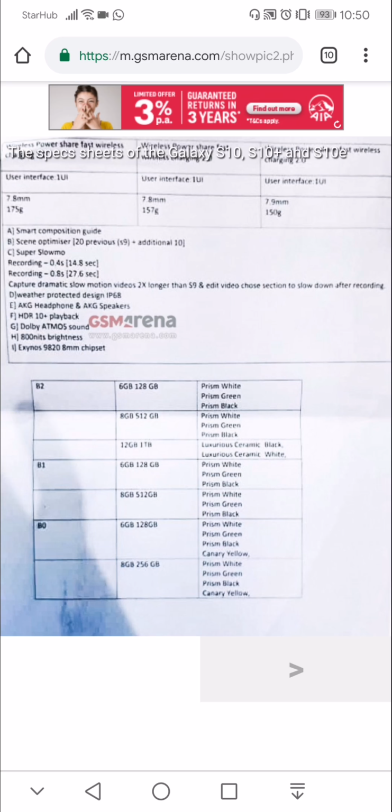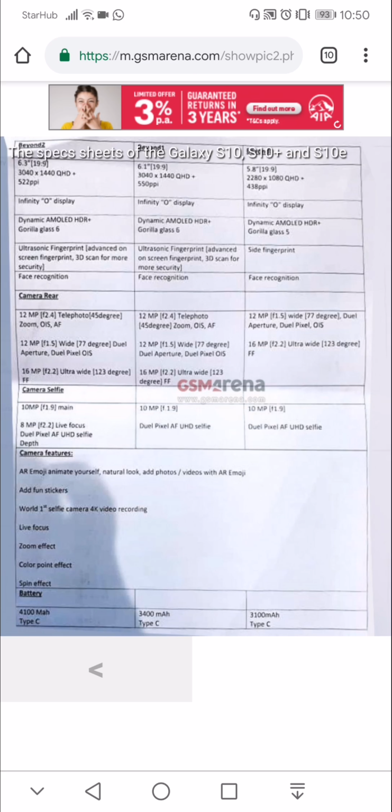It's called Canary Yellow. And of course, all the phones in the S10 series will have super slow-mo, a scene optimizer, Dolby Atmos sound effects, HDR10 Plus, and AKG headphones and AKG speakers out of the box. They will have 800 nits of brightness and the Exynos 9820, or in some markets the Snapdragon 855. They will have more scene optimizer as well. And you can see the